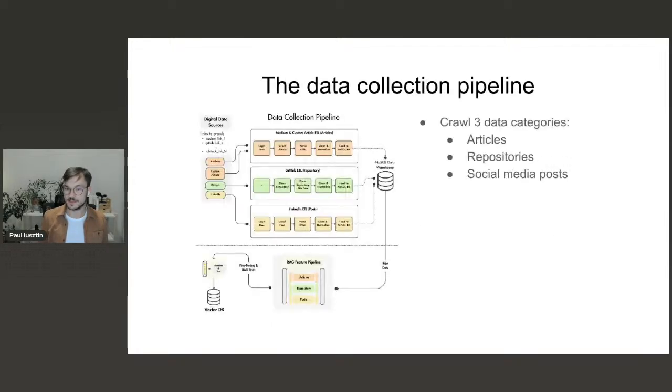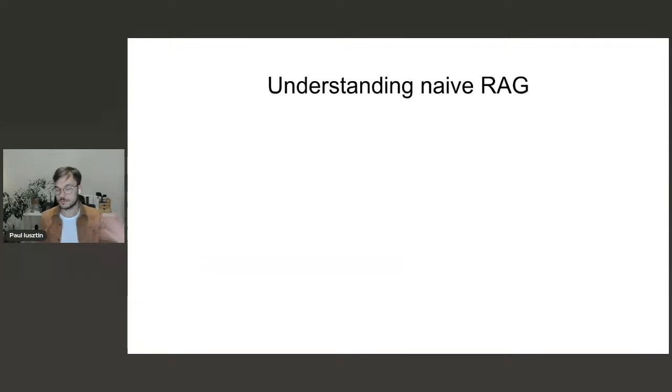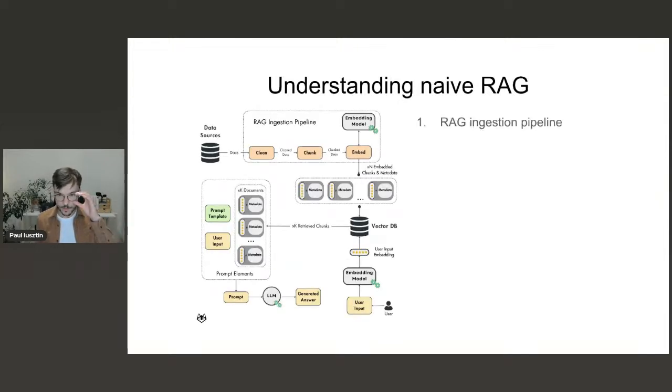And that's why I want first to go really fast on what a RAG system looks like. We have the RAG ingestion pipeline, which consists of the part where you need to clean, chunk, and embed your data.